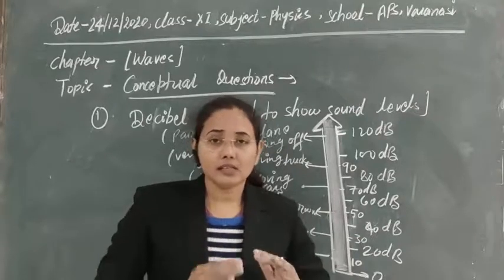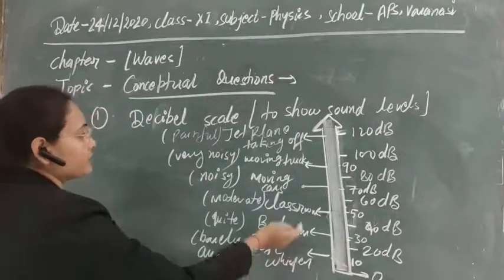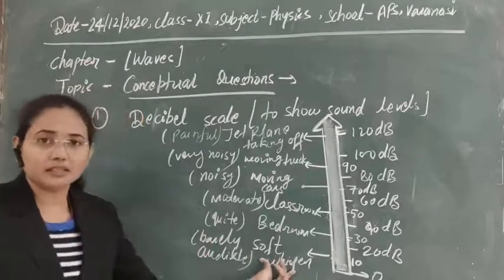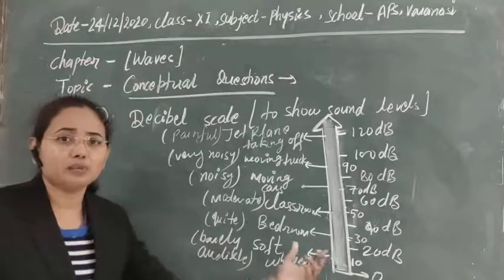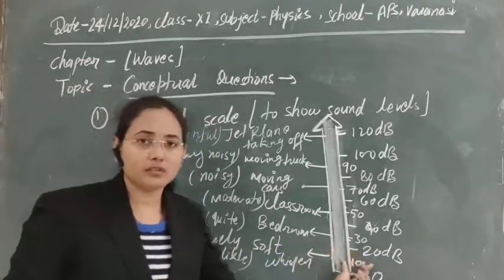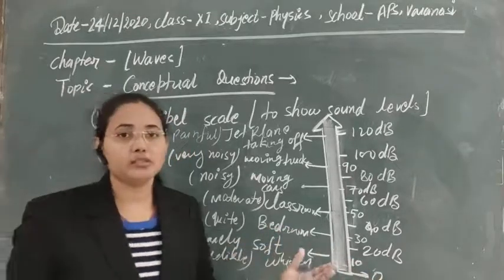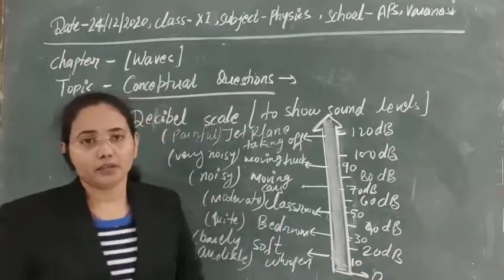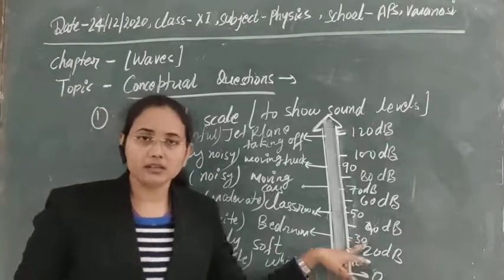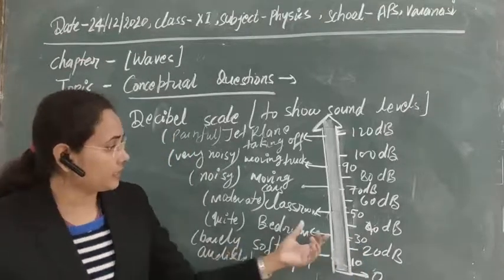So what is the sound level for that? These are the sound levels, summarized. Let's see it again. Soft whispers, which are barely audible for us, are around 10 decibels. In a bedroom at night, when it is really very quiet, the sound level is 30 decibels.